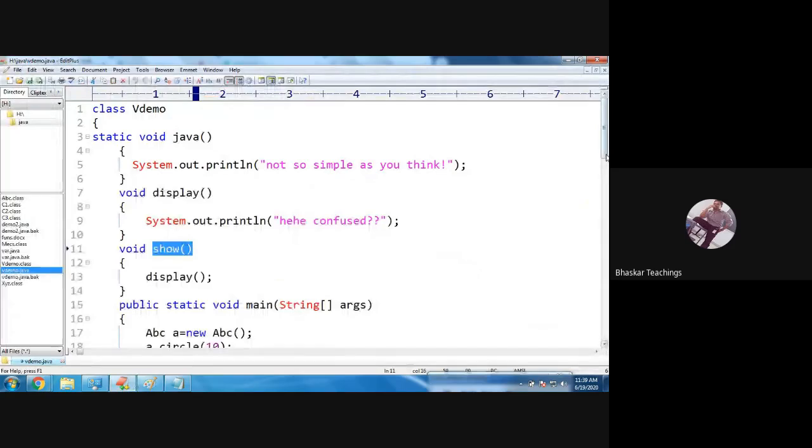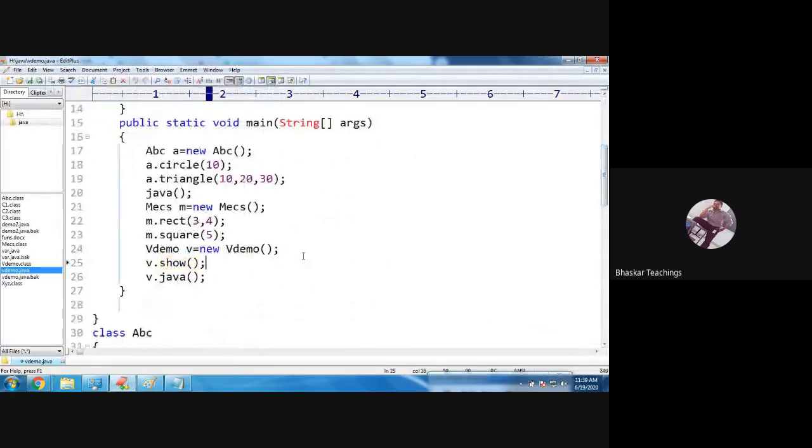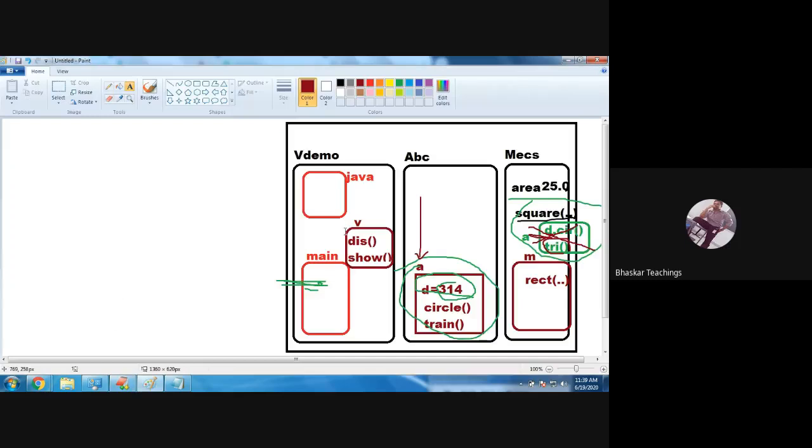So where are we? We are inside the main method, right? Yeah, here. So the object is created. Already the class is loaded, right? So we need not load the static members again, because the class members are already loaded into memory. Now only the object is created, and the instance members are loaded. So now on that object, I'm calling the show method. Yes, v dot show, it is valid.